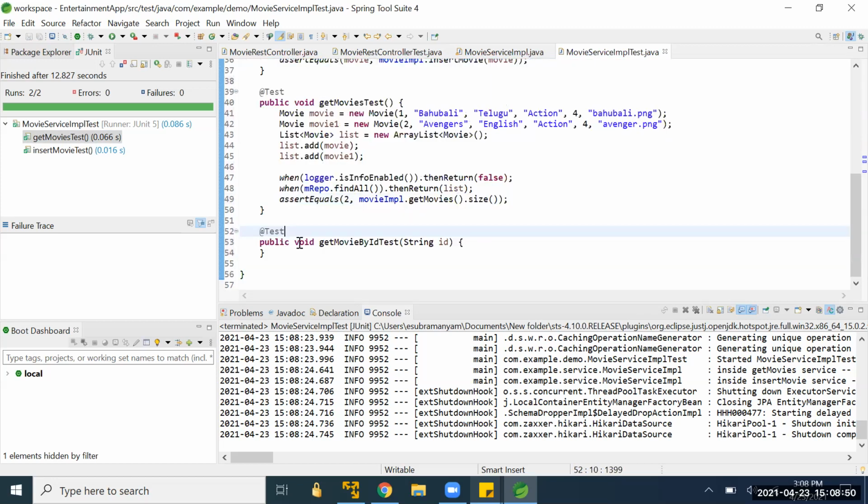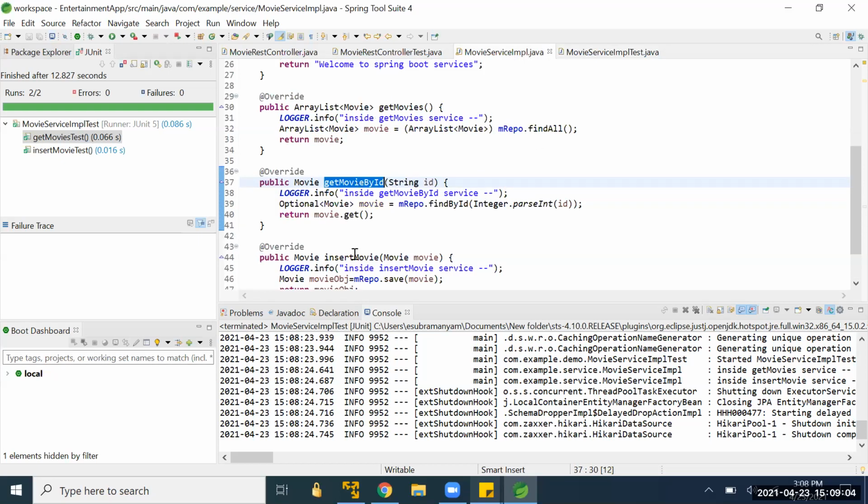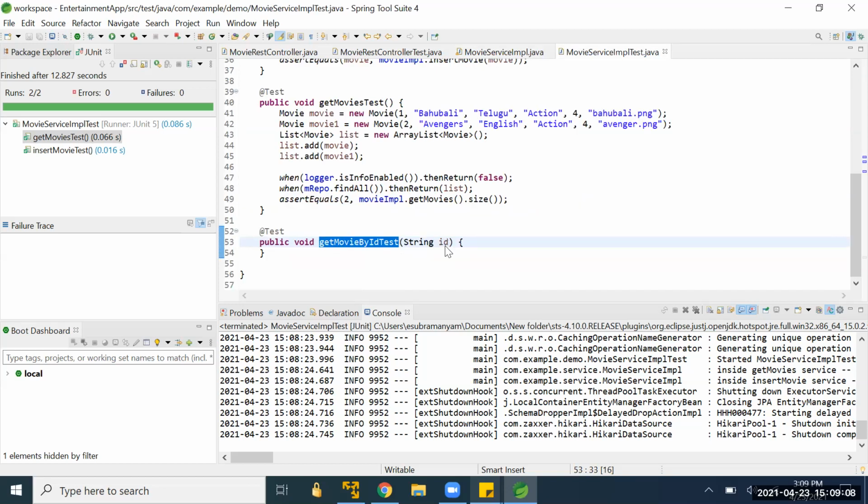So I created one test method here, get movies by ID test, because in our service impl we have get movie by ID. If you wanted to create a test for this method, let me show you how. I don't need anything here, and it won't return any value.